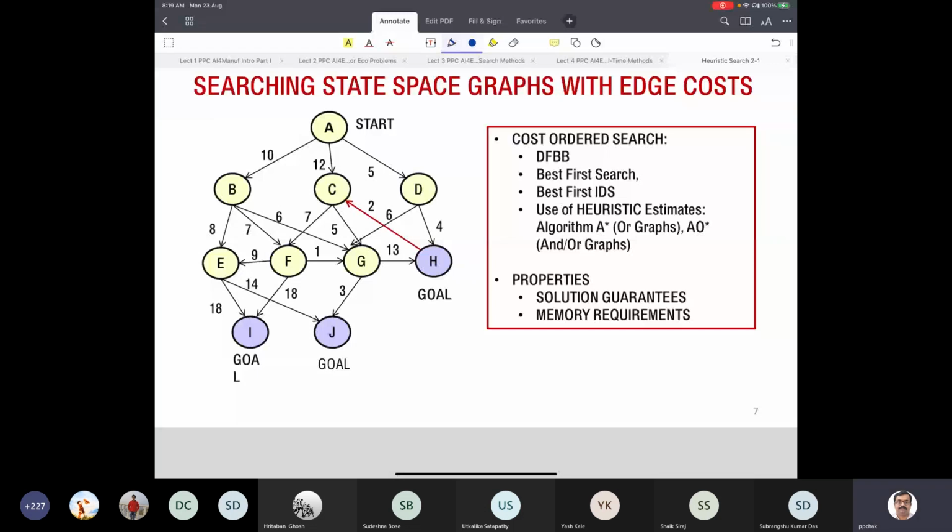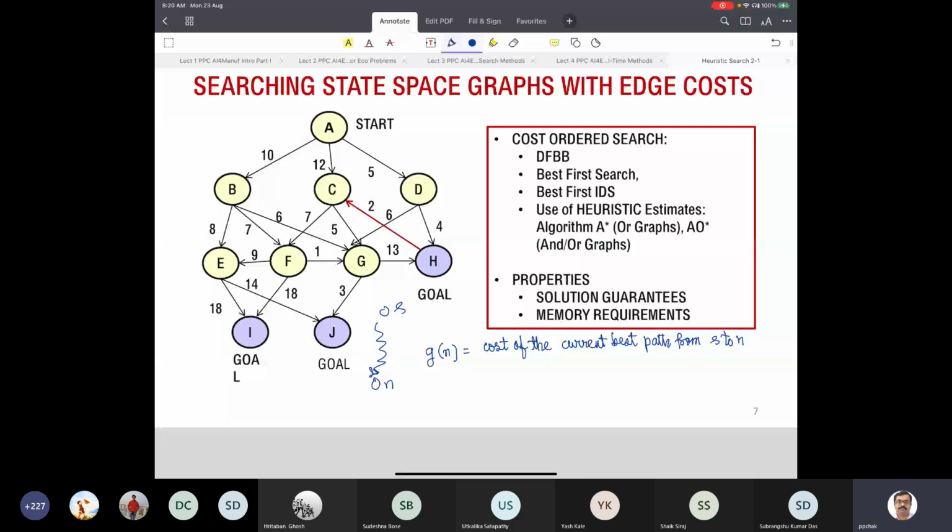When there are costs on the edges, this level value will be updated to the cost, for any node n which is in open or closed, of the current best path from S to N. So we will maintain the cost of the current best path